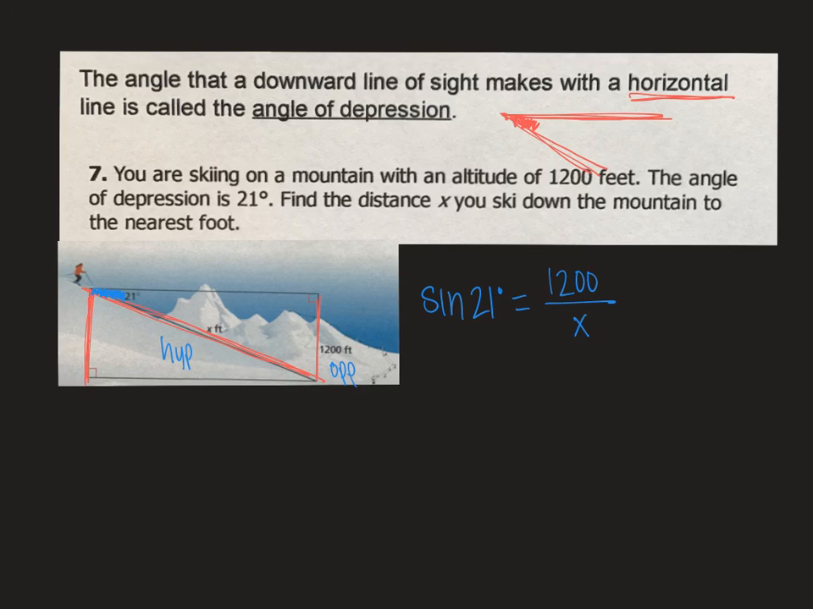So we need to get x out of the denominator. We're going to multiply both sides by x. And then to get x by itself, we're going to divide 1,200 by the sine of 21. So in your calculator, 1,200 divided by sine of 21, close your parentheses. To the nearest foot, we skied